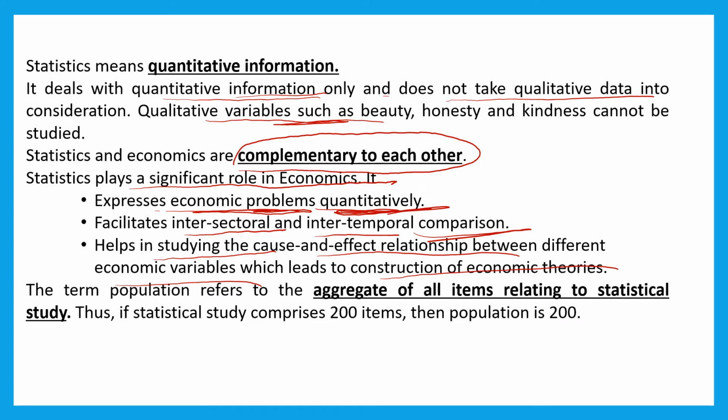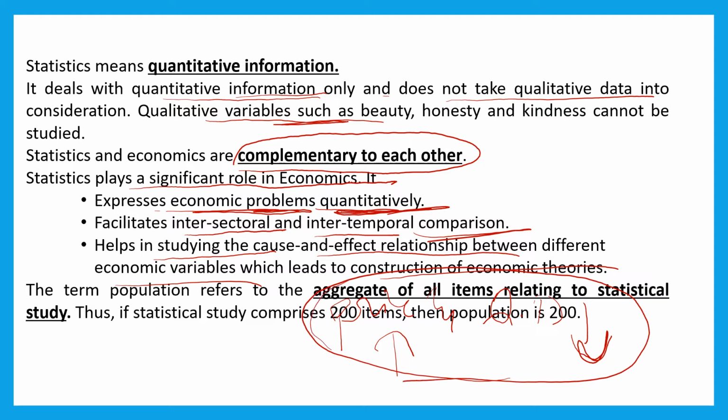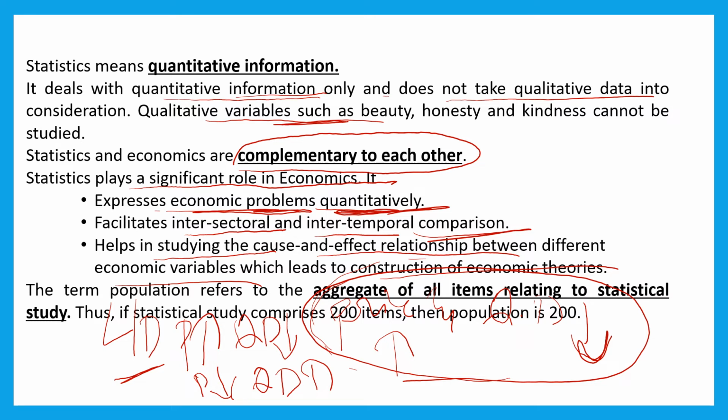See, it explains the relationship between price and quantity demanded. When price increases, quantity demanded decreases. When you collect the data and observe the behavior of so many people, you can conclude that the law of demand says the general, average behavior of all individuals will be like this: when price increases, quantity demanded decreases; when price decreases, quantity demanded increases. So there is an inverse relation. Economic theories are formulated with the help of statistics, because it helps us to bring out the relationship between